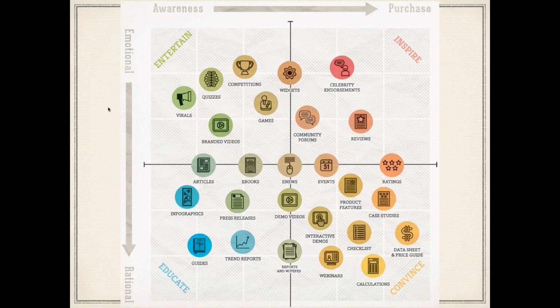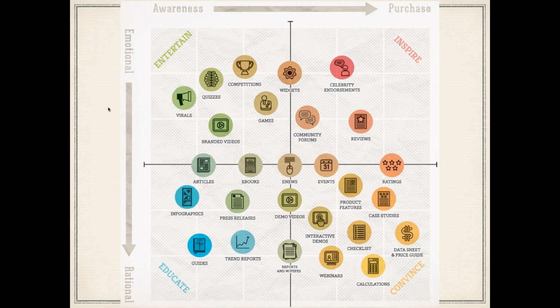If you look closely at this chart, let's break it out into first two halves, a left half and a right half, a top half and a bottom half, and then we're going to break it out into quadrants. Starting with the halves. If I took just the top and bottom half, what you see going from left to right is awareness to purchase. You see how the colors start to change.